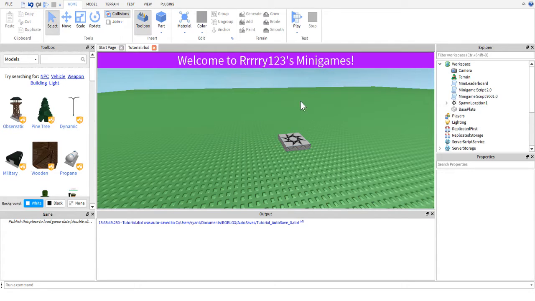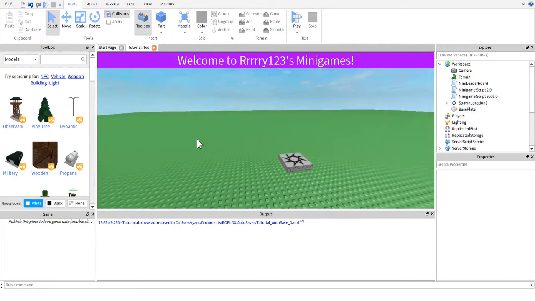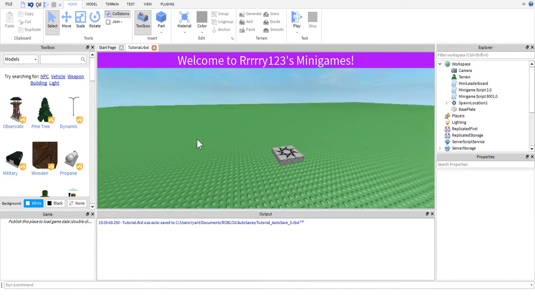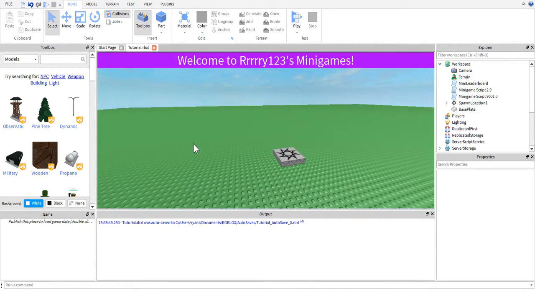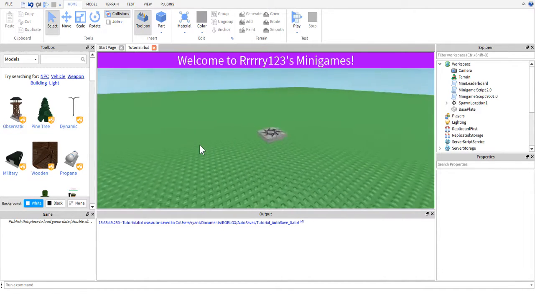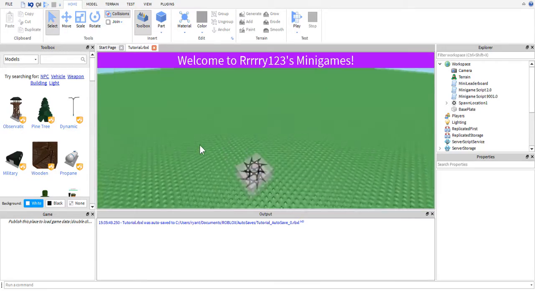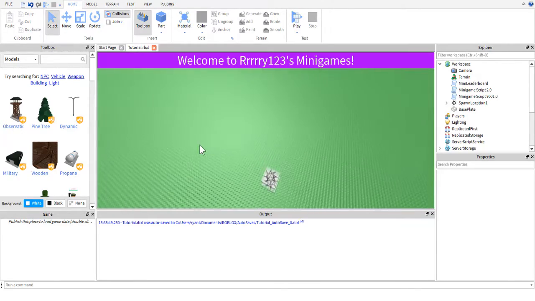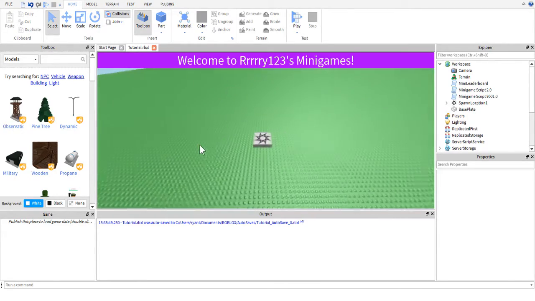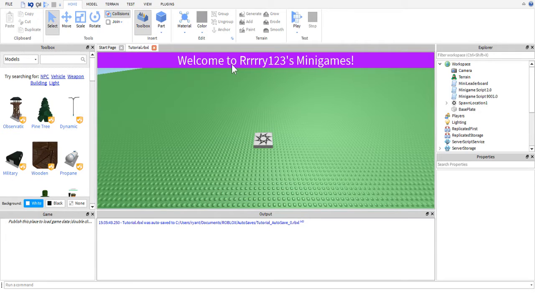So anyways, today all we're going to be working on is getting the basic outline of the script, and next time we will be working on actually teleporting the players, giving them tools, and working with the actual mini games. In this video we will just be getting the structure for our script and having it choose games and setting it all up. So the first thing you're going to want to do is set up a GUI,